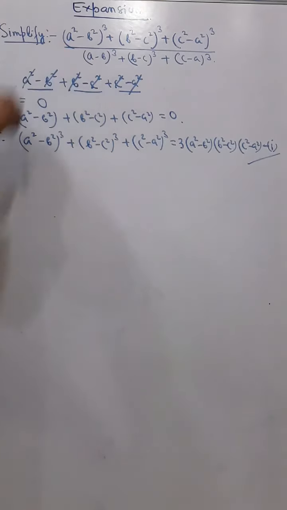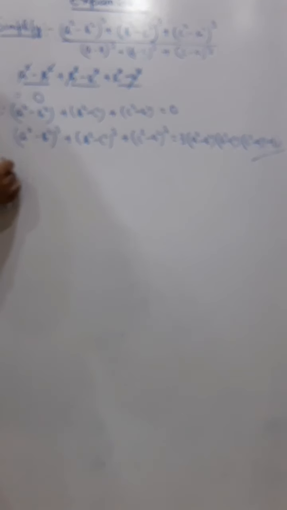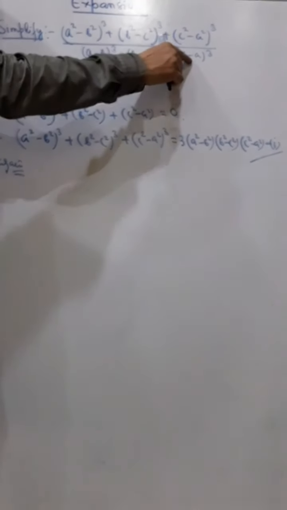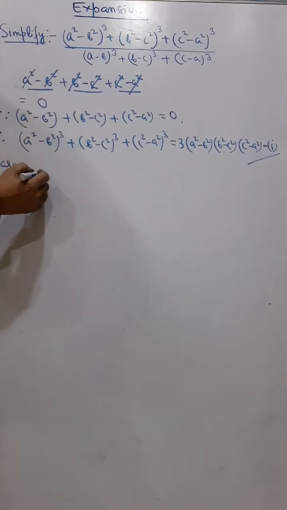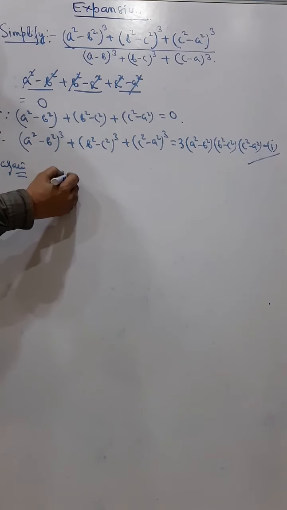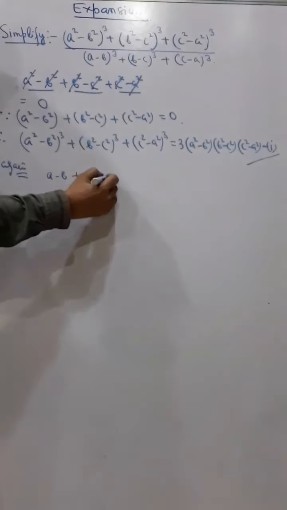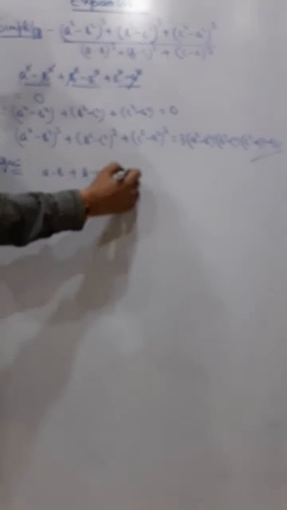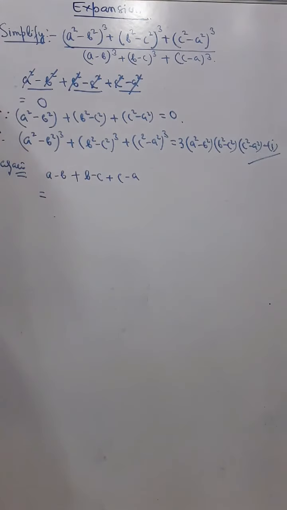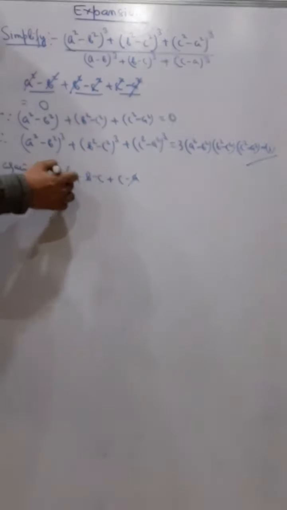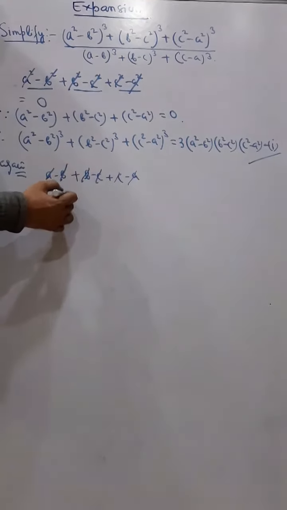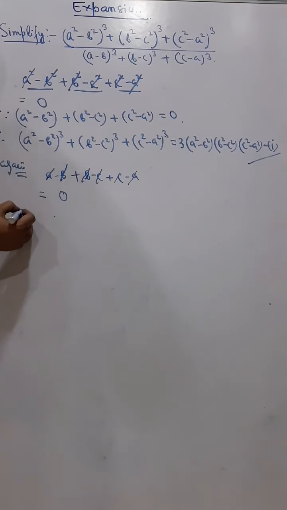Now similarly in the denominator we will do the same. Think of this one as A, this one as B, this one as C, the inside parts. Again, minus a plus a gets cancelled, this and this get cancelled, this and this get cancelled, and we get this.